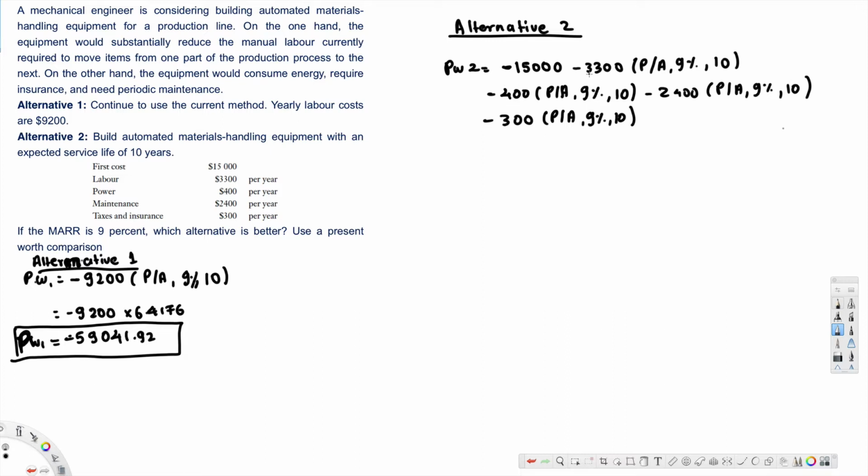And if you add them together, first we have a negative 15,000 minus, and if you add them together, that's 6,400 P over A 9% for 10 years, and minus 15,000 minus 6,400 times 6.4176, and that gives us negative